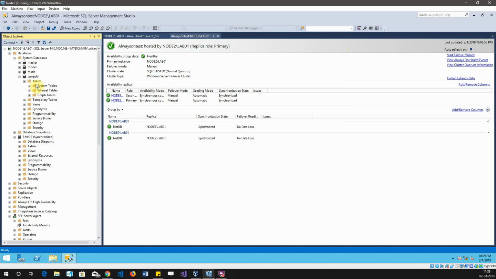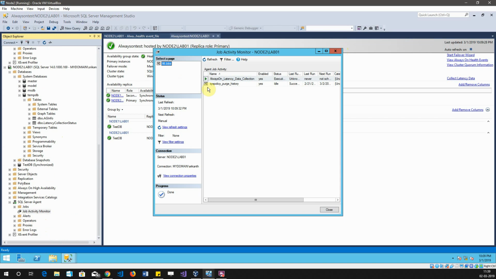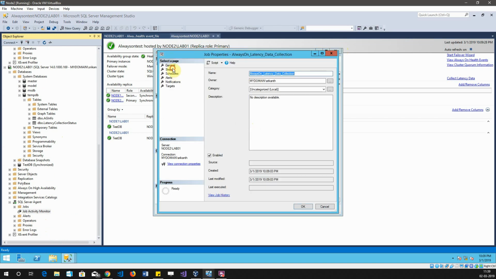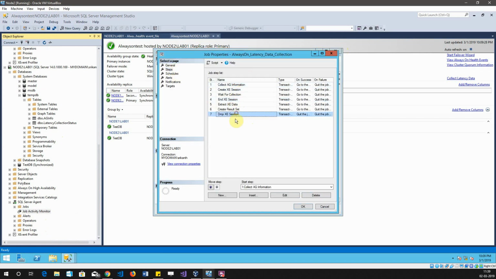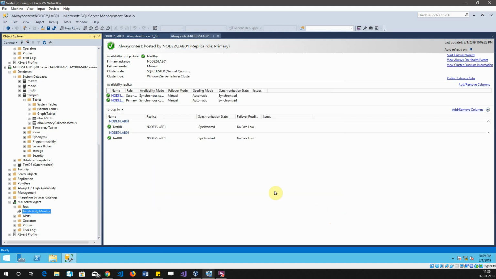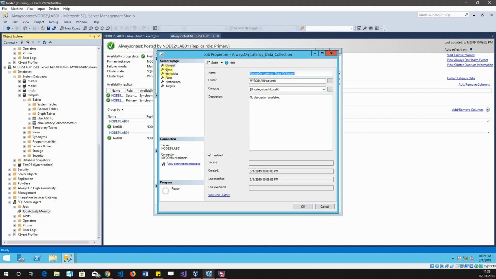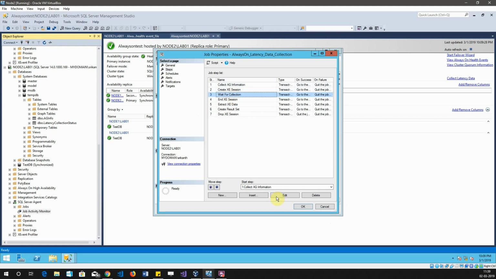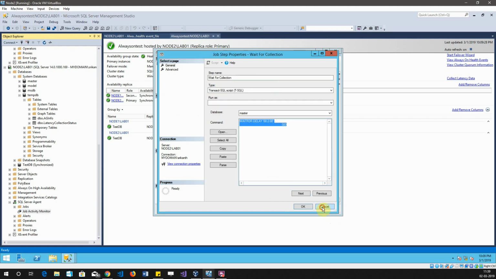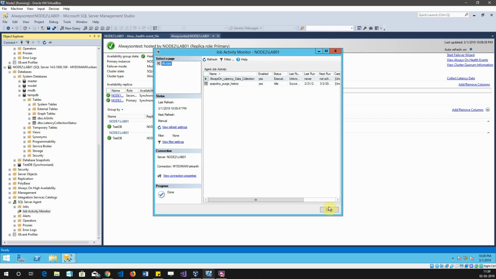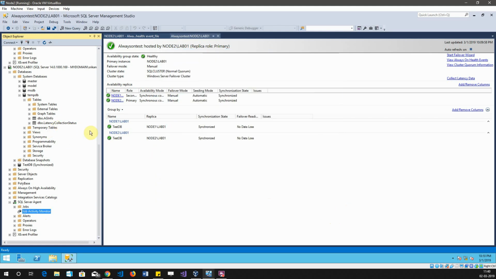Initially it will create two tables, and as the job continues to run, it will create more tables. You can see there are multiple steps. You can go through the steps and see what exactly it is doing. It may run for a few minutes and then it will stop. There is a 2 minute wait written here, so once the 2 minutes are done it will continue to close. It will have a lot of information about what things are happening in the background, which is a great place to check your issues.